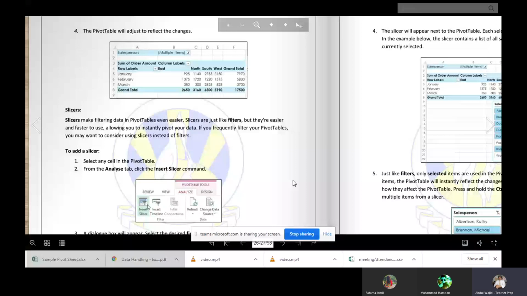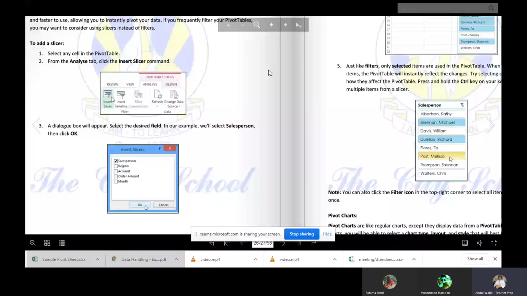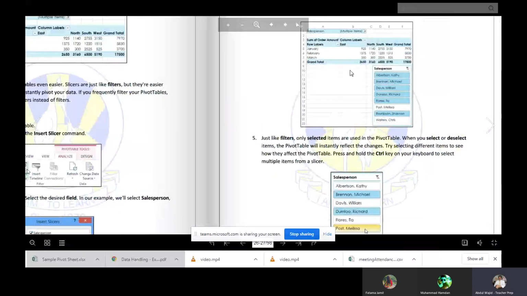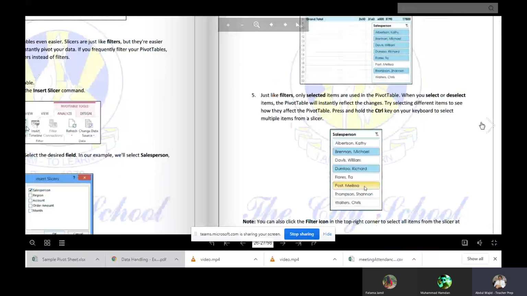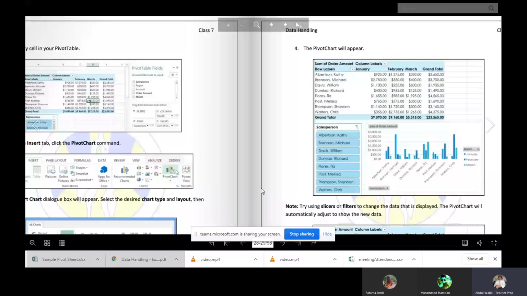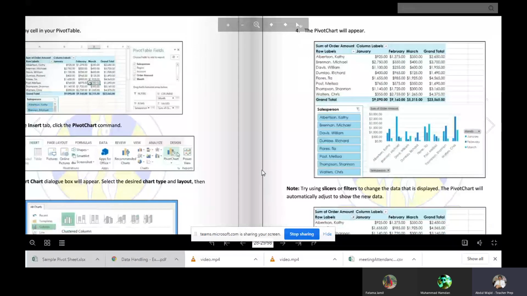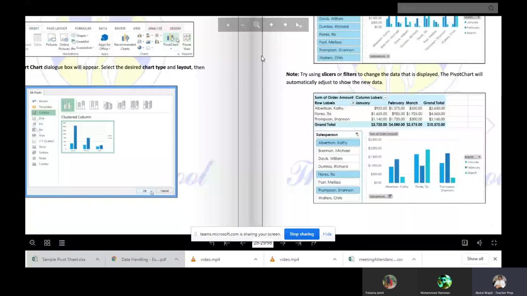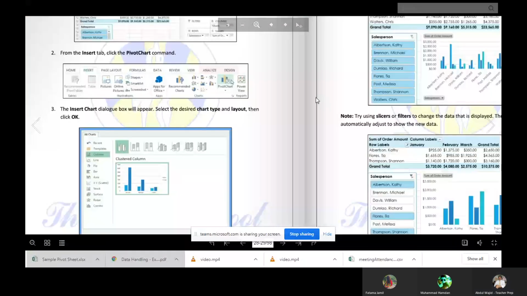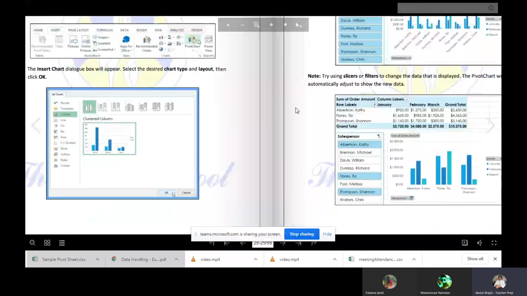Okay, how will we use this? It is there. Now I will show you that one. These are the slicers, right? They filter the data. Now after that, in slicer we will make the pivot chart. Okay, how will we make a pivot chart for it? It is a very easy way to select these things.